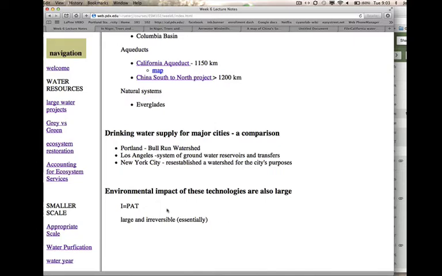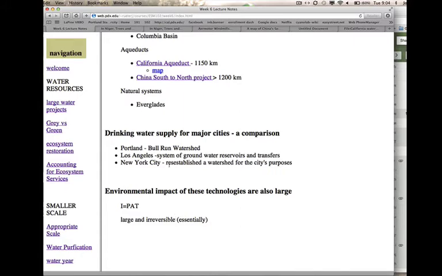And then again, given the population that these projects I've just mentioned serve, California Aqueduct serves a state with an enormous economy, the affluence, all of the consumption and the economic factors that depend on this, and then again, the technology is locked in for these purposes, except for maybe like Bull Run watershed or New York City watershed, but still there's a huge system of pipes and pumping stations that is essentially irreversible.